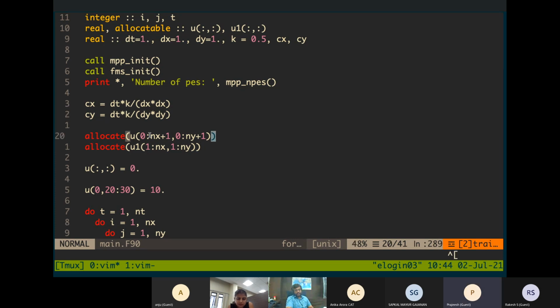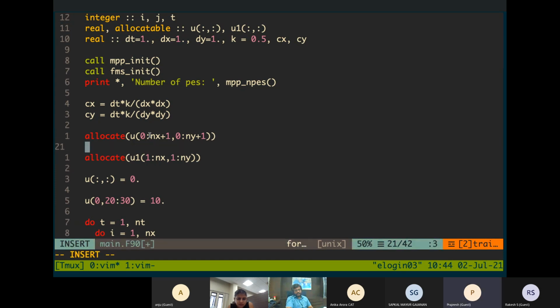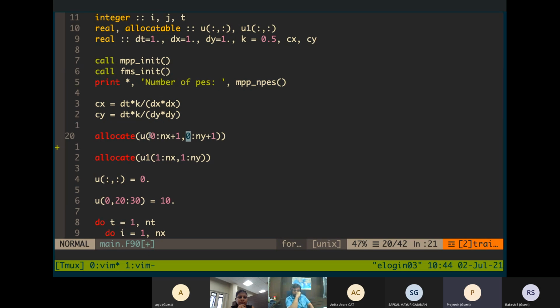Here I'm allocating the array, with a lower bound of 0 and an upper bound of nx plus 1, and then in the second dimension, 0 to ny plus 1.